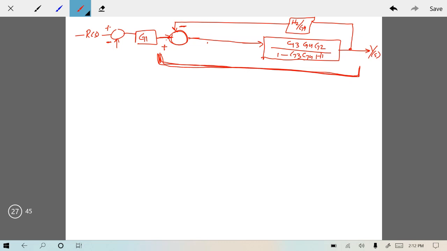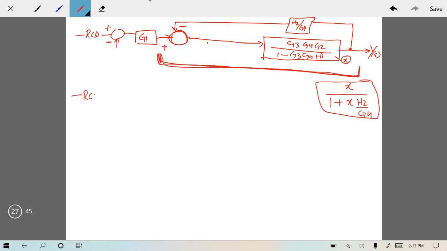So if I call this block X, then this feedback loop can be converted into X over, this is a negative feedback, so I have plus over here, X over 1 plus X into H2 over G4. So I can convert this complete feedback loop into a single block of this gain,